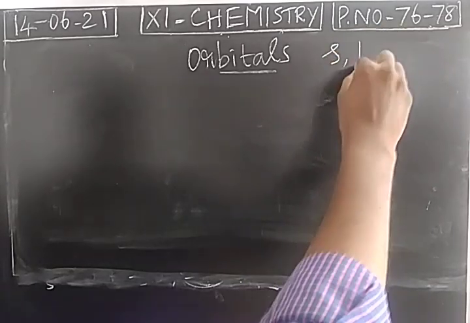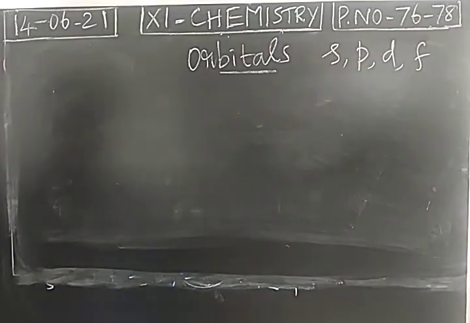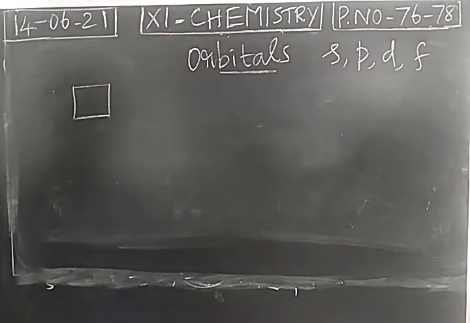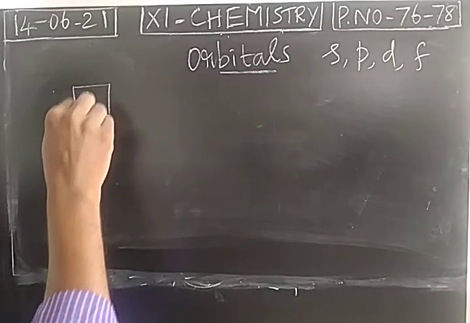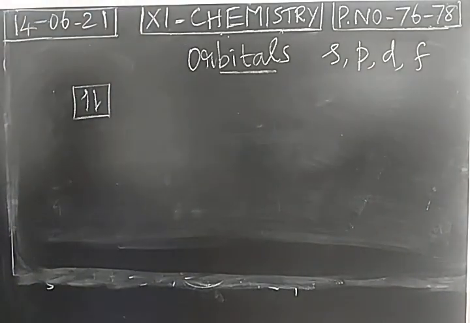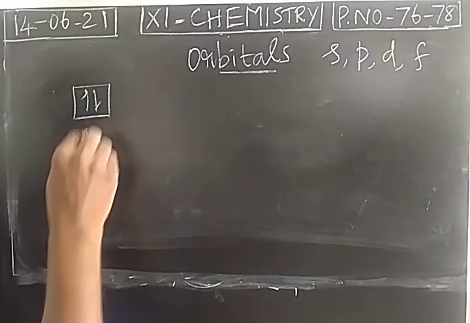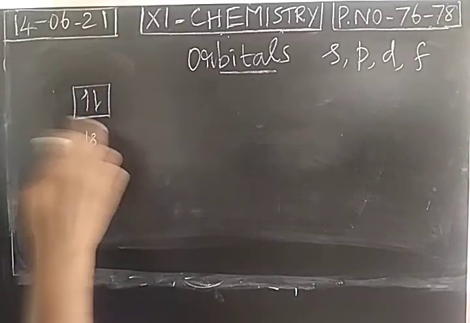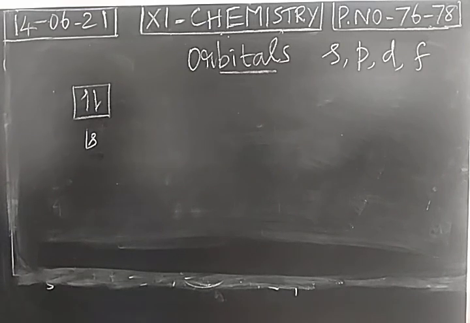So we have s, p, d and f orbitals. And when you take an orbital, a maximum of 2 electrons can be present. When you consider the 1s orbital, the s orbital present in the first shell, the 1s orbital can accommodate a maximum of 2 electrons. So an orbital is nothing but a place where electrons are present in the shell. In an orbital, a maximum of 2 electrons can be present. To understand this, we draw the orbital diagram.